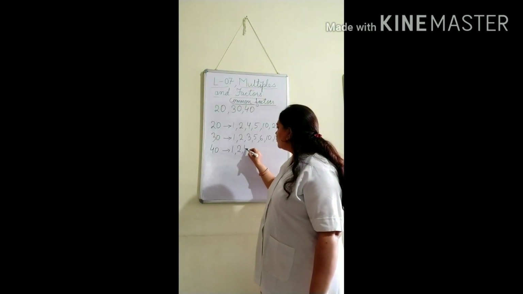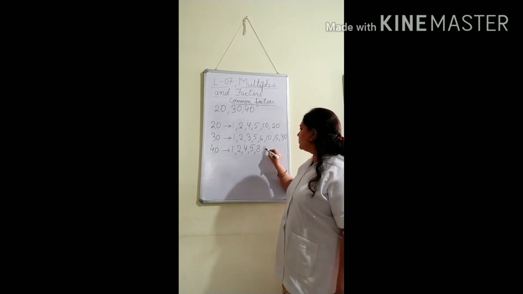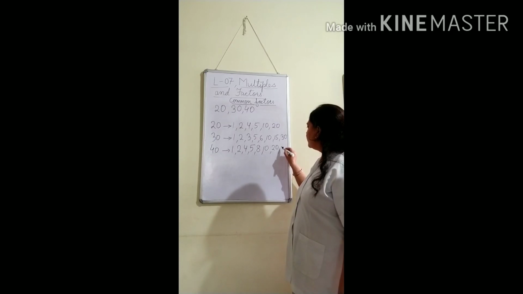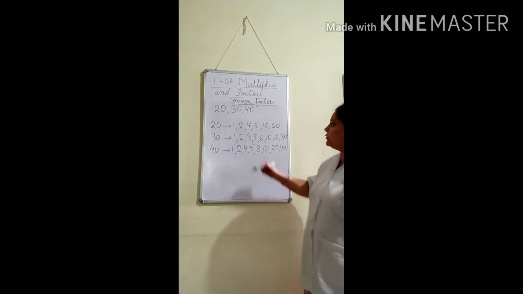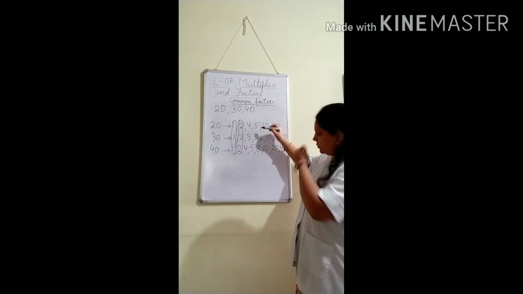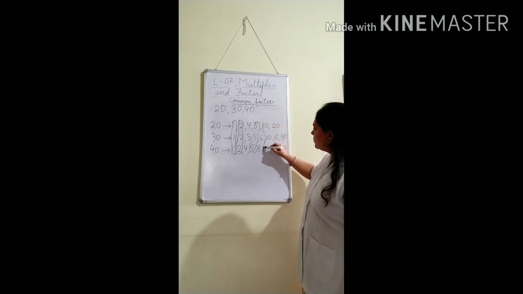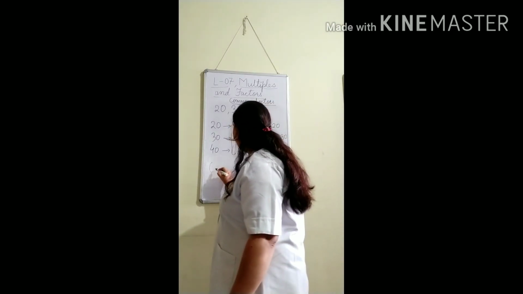Now the factors of 40 are 1, 2, 4, 5, 8, 10, 20 and 40. Now we see the common factors from here. Common factors are 1, 2, 5 and 10. So the common factors of